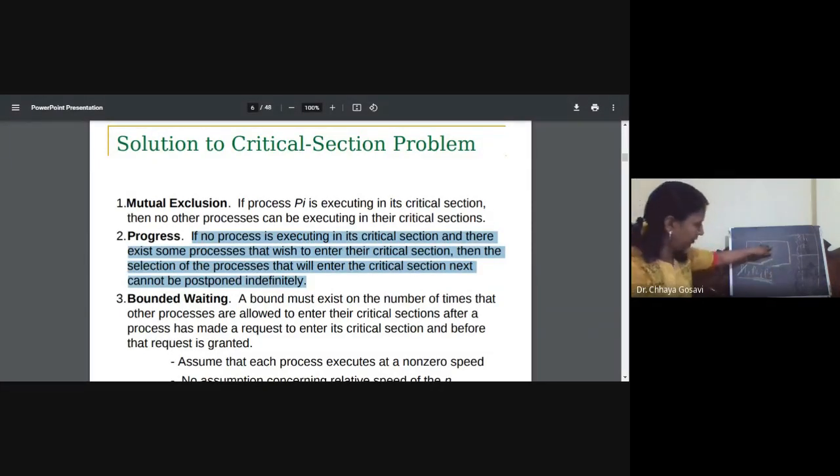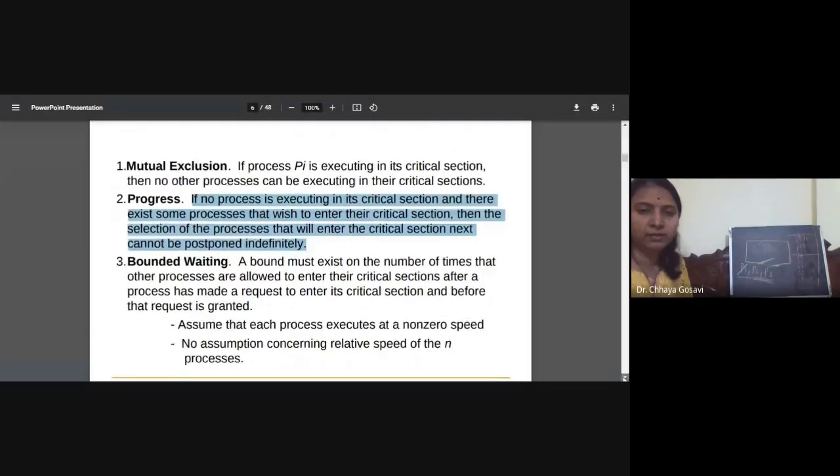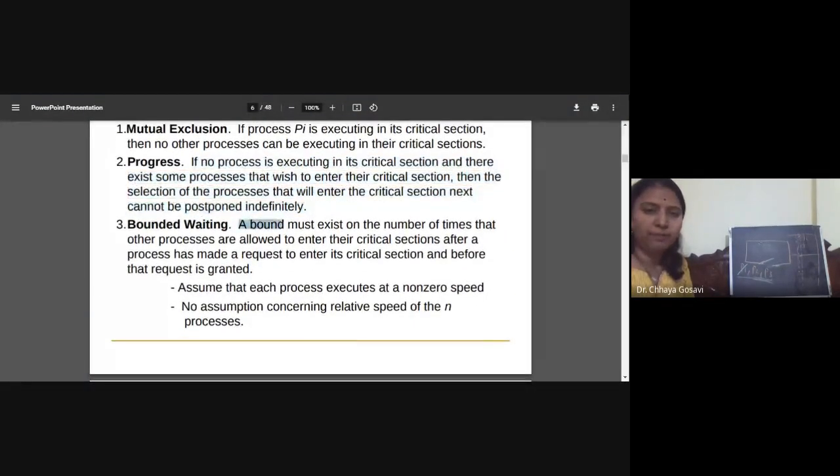If the critical section is free and processes are waiting outside to enter, the processes should be allowed to enter the critical section. They should not wait indefinitely. And third is bounded waiting. A time bound, here we are talking about a time bound, must exist on the number of times that other processes are allowed to enter a critical section